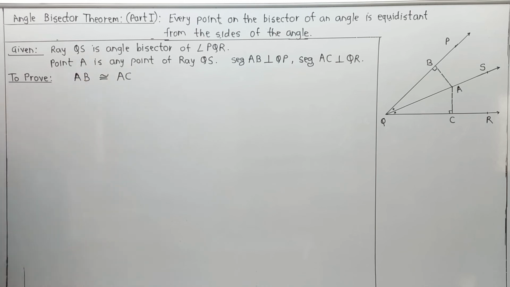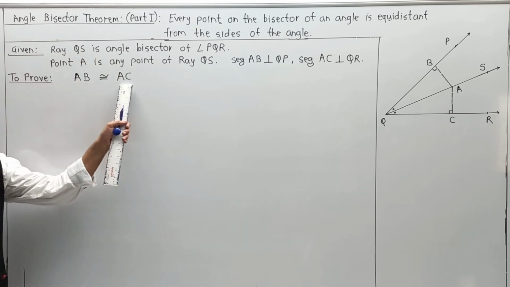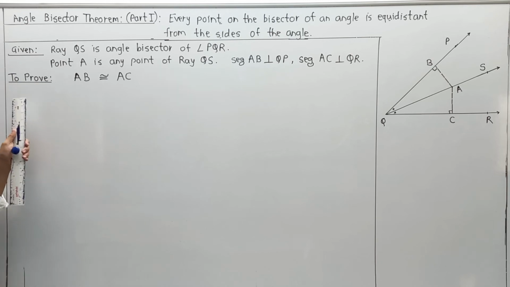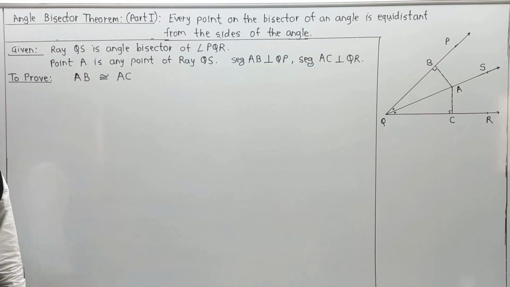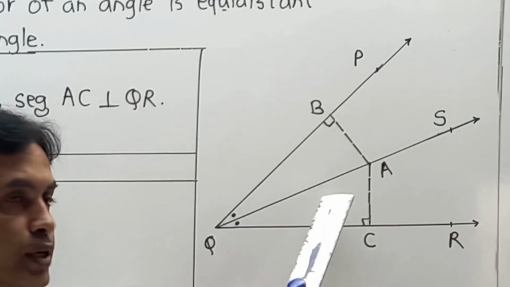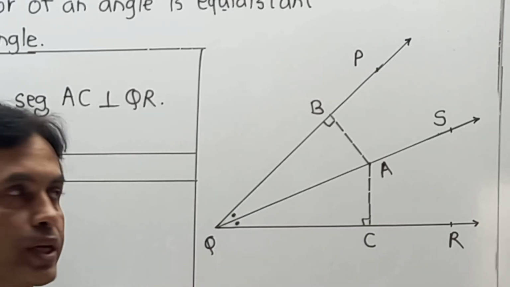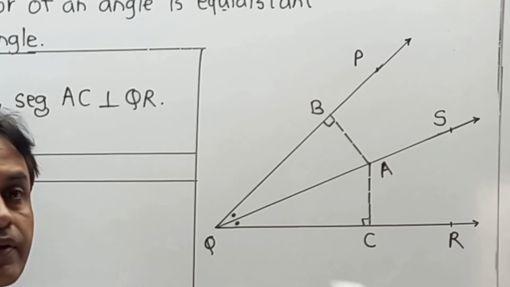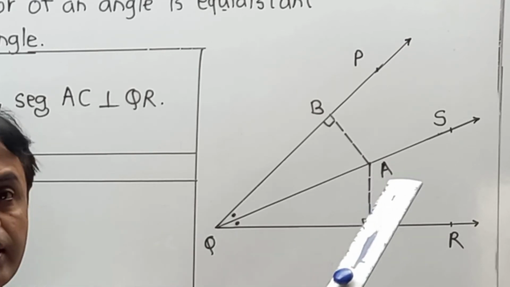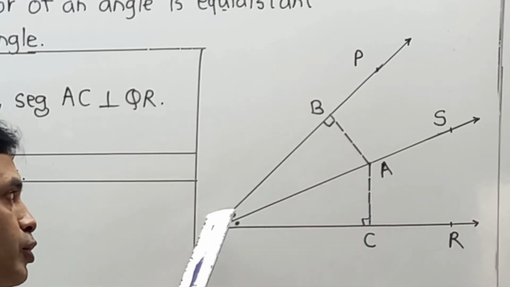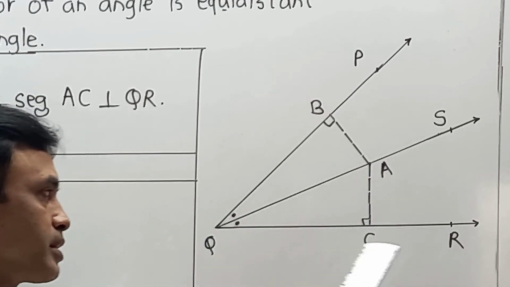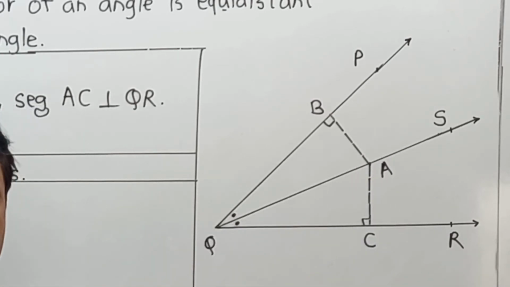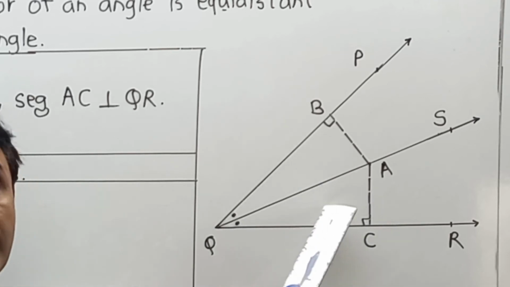And now this part we have to prove. We have to prove that AB is congruent to AC. No doubt, we are going to write the answer in the form of number, statement, reason, and we are properly going to create a structure for that. So once again, please pay attention seriously. Now, try to understand how we are going to write a proof. Our target is that we are going to take two triangles. One is triangle ABQ, and second is ACQ. These are the two triangles taken into consideration. Now our target is to show that these two triangles are congruent.